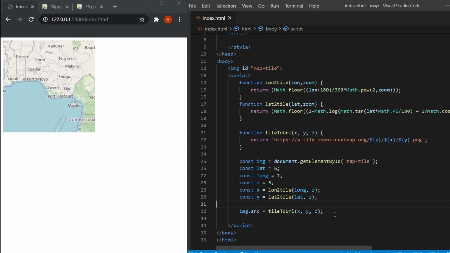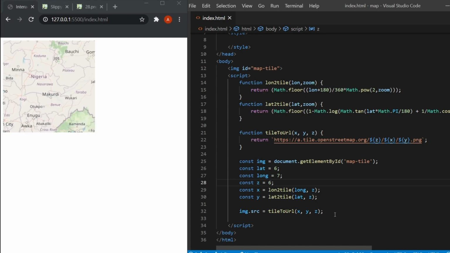Now let's modify the zoom level to see if the zooming in and out actually works for the same location. So if I increase the zoom level from, say, 5 to 6, what do you think should happen? Well, if you've been paying attention, you would know that you would actually get a zoomed in image, and yes, that's what we are getting here.